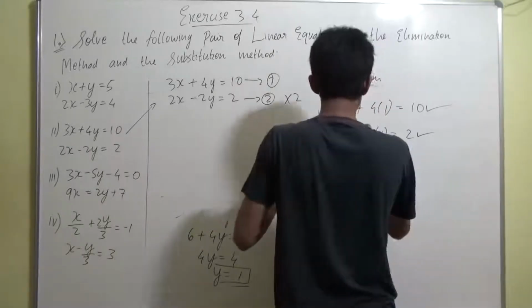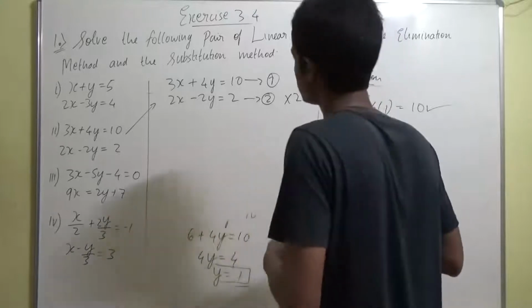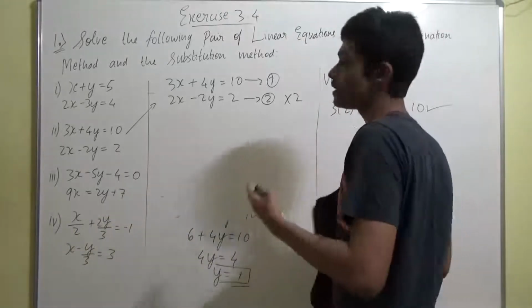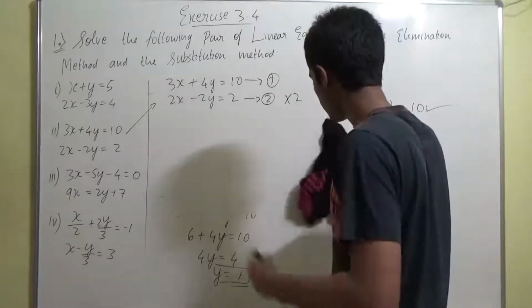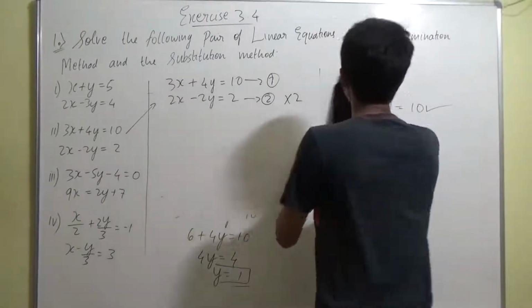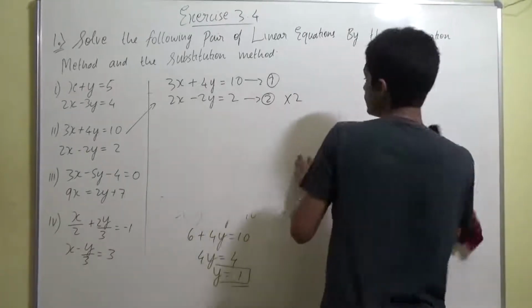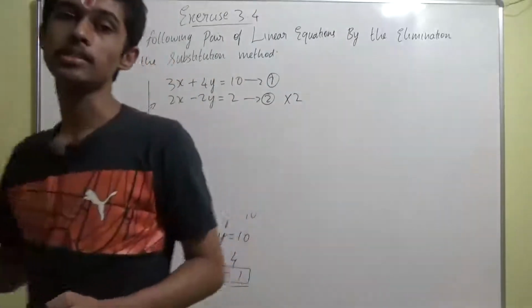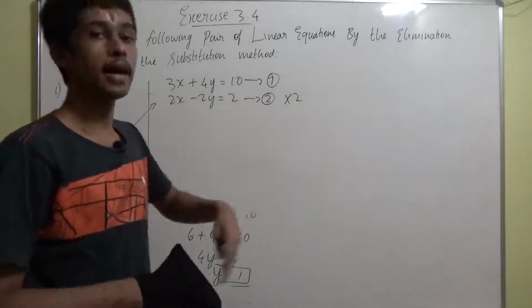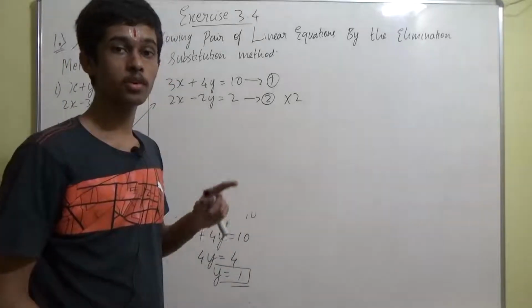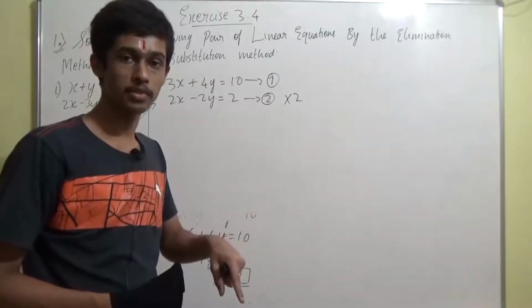Somebody might find the substitution method easy and somebody else might find the elimination method easy. I personally used to find, during my 10th standard, during my school days, that the elimination method is much easier. And there's one more thing, guys. For a few questions the substitution method is going to be easier and for a few questions the elimination method is going to be easier, and then in further lectures you are going to study another method called the cross multiplication method. In a few questions that is going to be easier to solve, right?